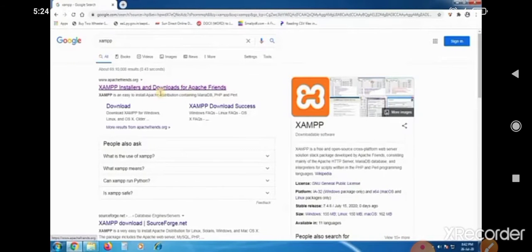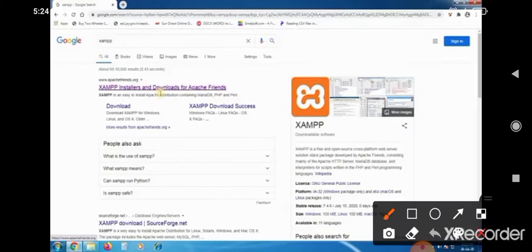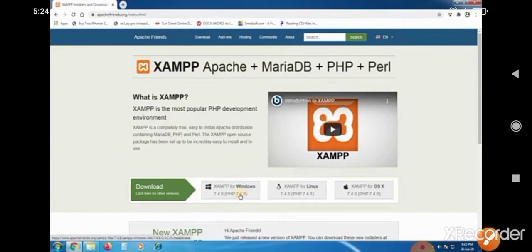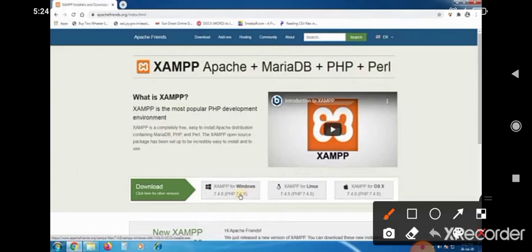So this is the opening page of the XAMPP installation server. Here we can click this link, XAMPP installers and downloads for Apache Friends. In the next page, here we have three options.